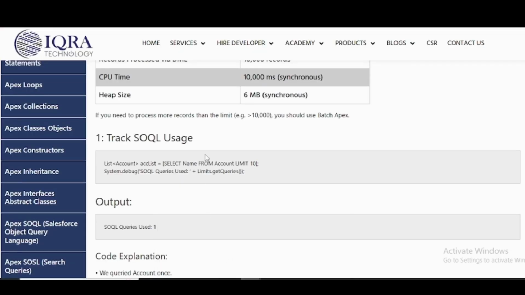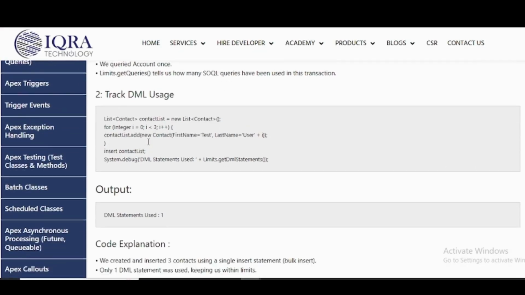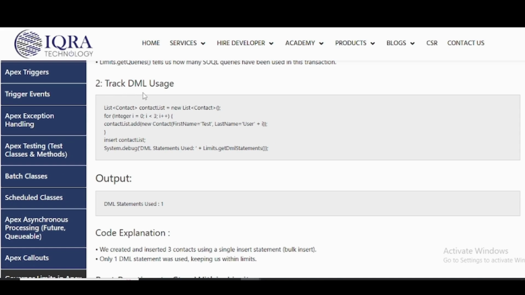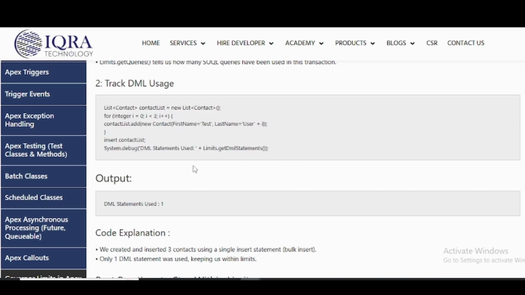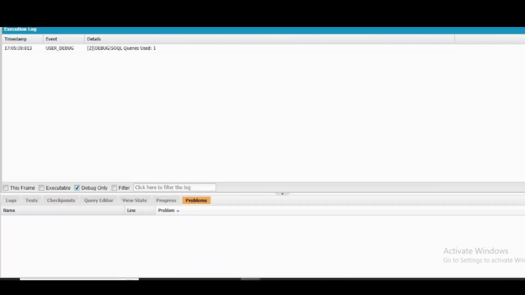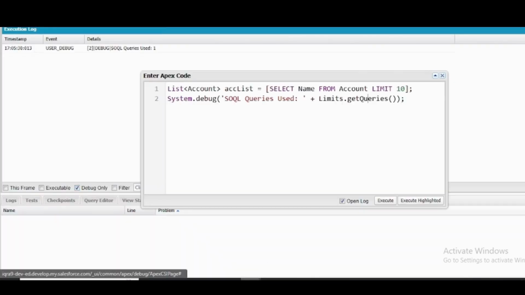Okay. Now move on to the second one. Track DML usage. Here we are creating 3 contact records in a loop, but inserting them all at once outside the loop. That's what we call bulkification. Just copy this code, click on debug, open the execute anonymous window,